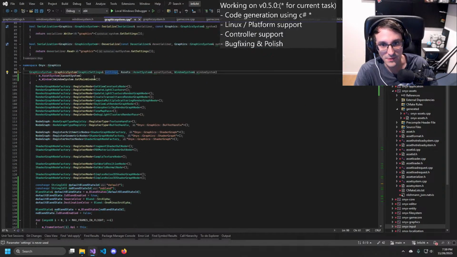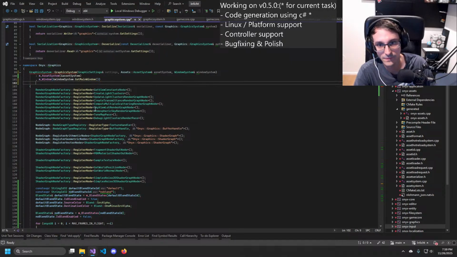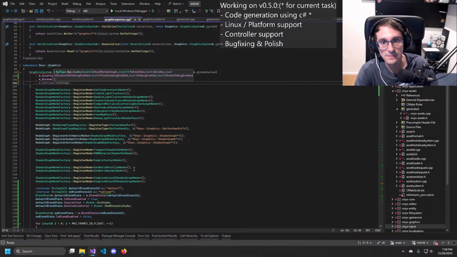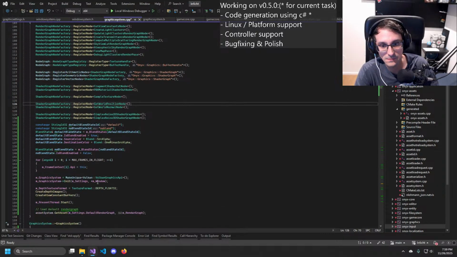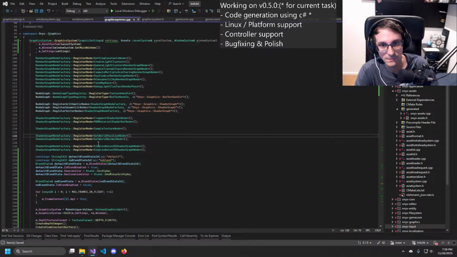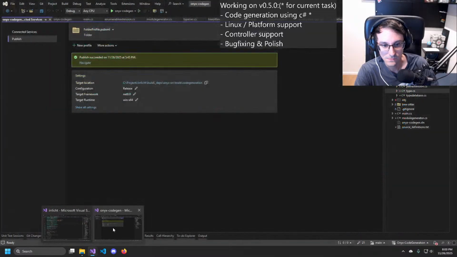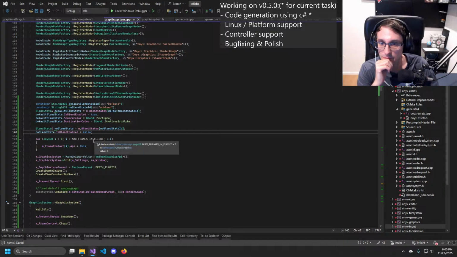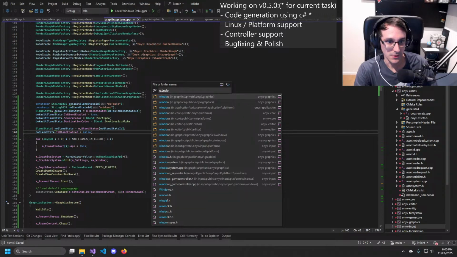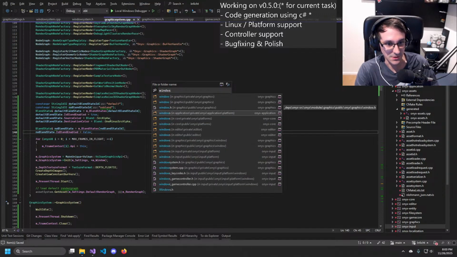No asset system and then... Then for Windows system, we need the same.